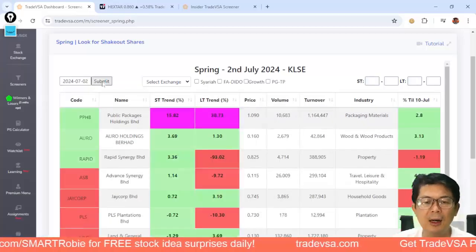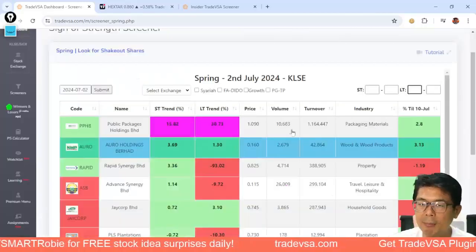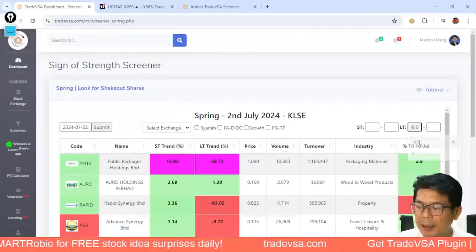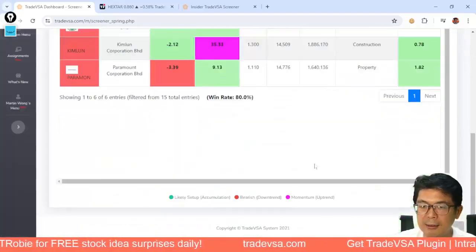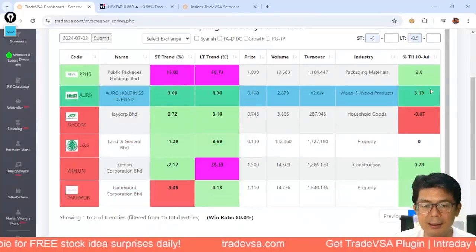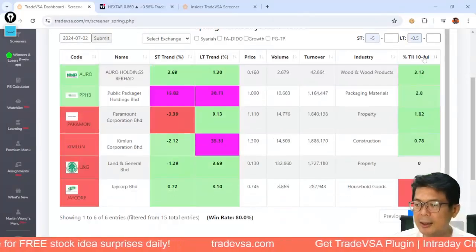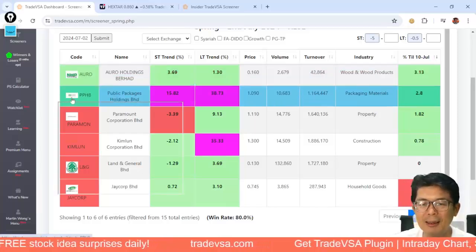Let's look at the 2nd of July. Okay, and we put on the 2nd of July. You go back, it's 61% win rate. So we just apply the minus 0.5 and minus 5, and we get 80%. They're very good, right? 80%. So 80%, you got 6. The highest return is 3% only. Okay, so we probably pick